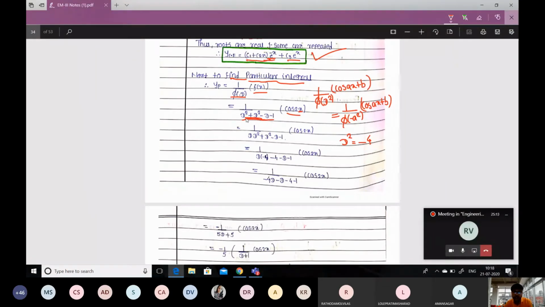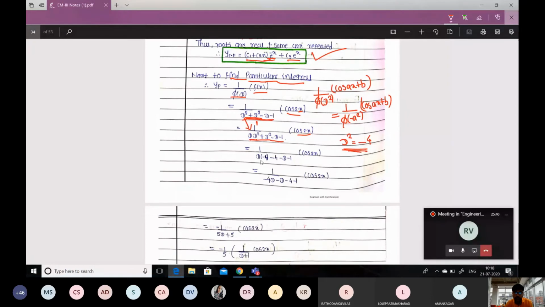D square term. D square means what? You have to find the D square term first of all. So here in the D cube term, I am finding the D square term as D into D square, which is equal to D cube. So I get the D square term in this. Okay, and already we have this D square term, and minus D minus 1 as it is. So I'm writing this as D into D square plus D square minus D minus 1, cos 2x as it is. And now I am replacing the D square term everywhere by -4.